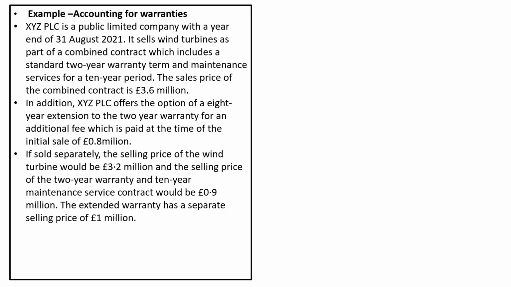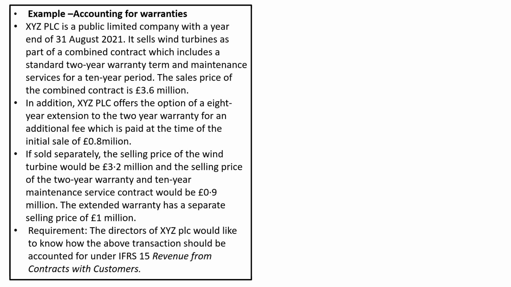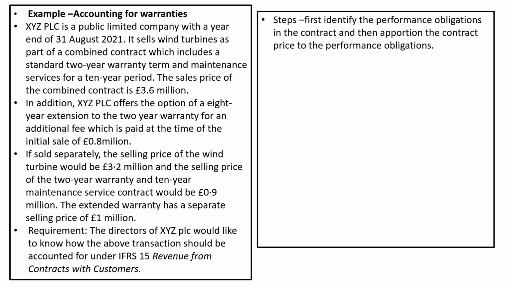If sold separately, the selling price of the wind turbine would be $3.2 million, and the selling price of the 2-year warranty and the 10-year maintenance service would be $0.9 million. The extended warranty has a separate selling price of $1 million. Required: the directors of XYZ PLC would like to know how the above transaction should be accounted for under IFRS 15. The first step is to identify the performance obligations in the contract and then apportion the contract price to